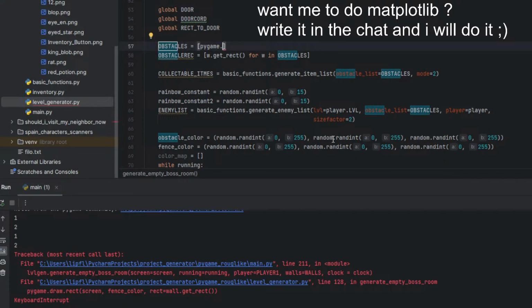Okay, pygame point, not rectangle, but circle, shape, rectangle, okay, let me think. Cycle and pygame.